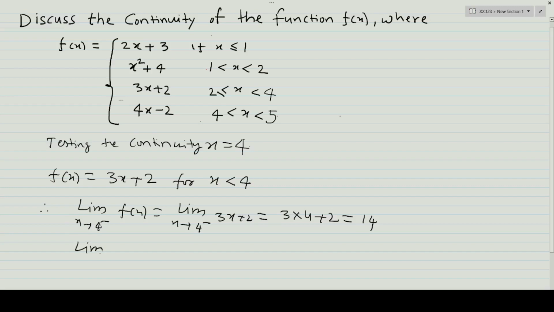And the limit as x tends to 4 plus of f(x) equals the limit as x tends to 4 plus of 4x minus 2, equals 4 into 4 minus 2, 16 minus 2, equals 14, which implies